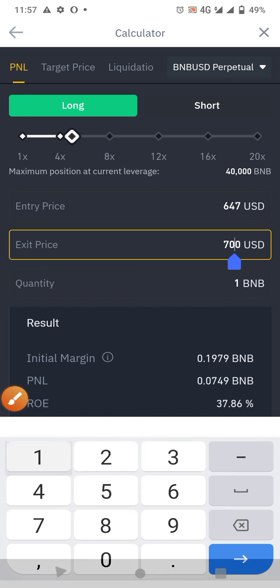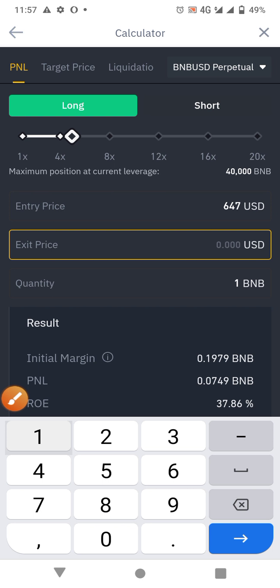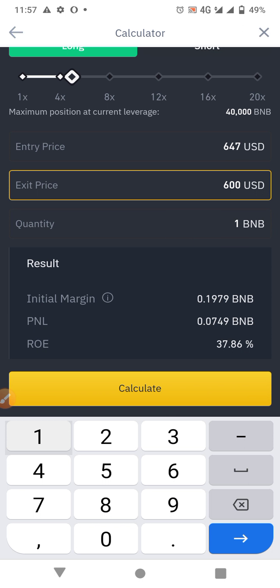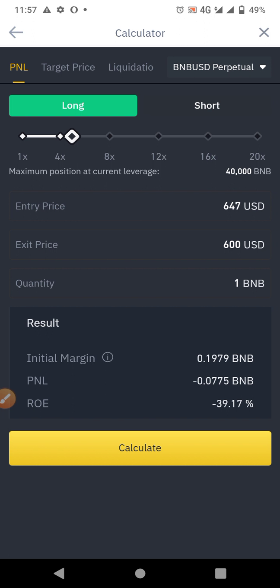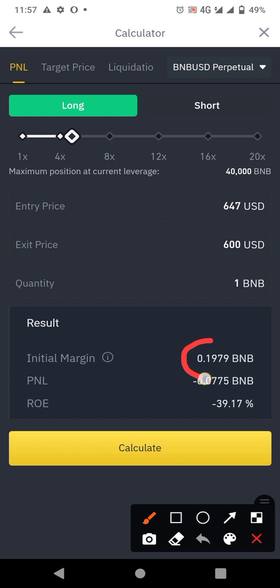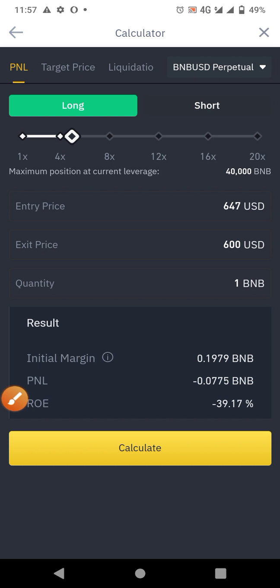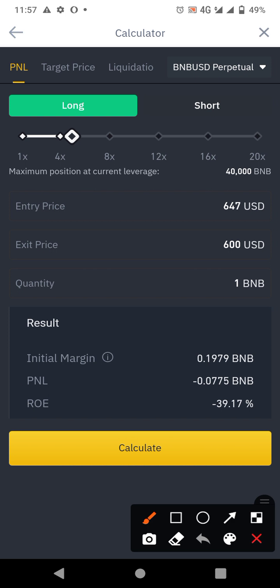Now let's assume that BNB falls to around $600. I said buy long means you believe the coin will continue rising, but eventually it fell. That means your trading decision is wrong, and you lose money. Now let me calculate it. If BNB falls to $600, I will have lost minus 39% of my investment. So I'm still investing with 0.1979 BNB. Are you getting me? Out of my 0.19 BNB,